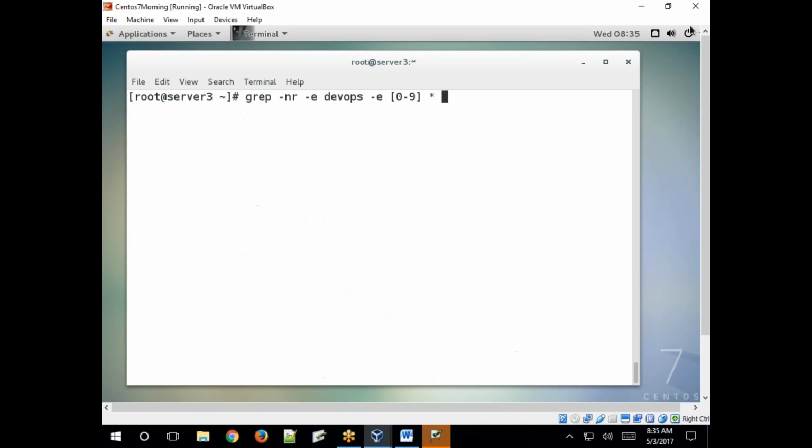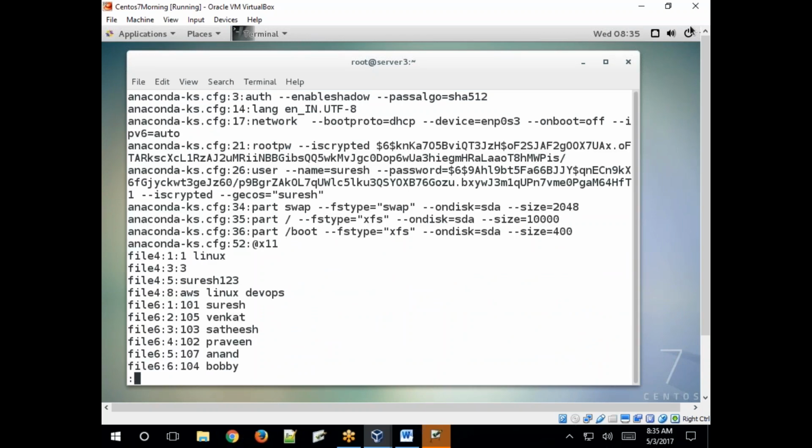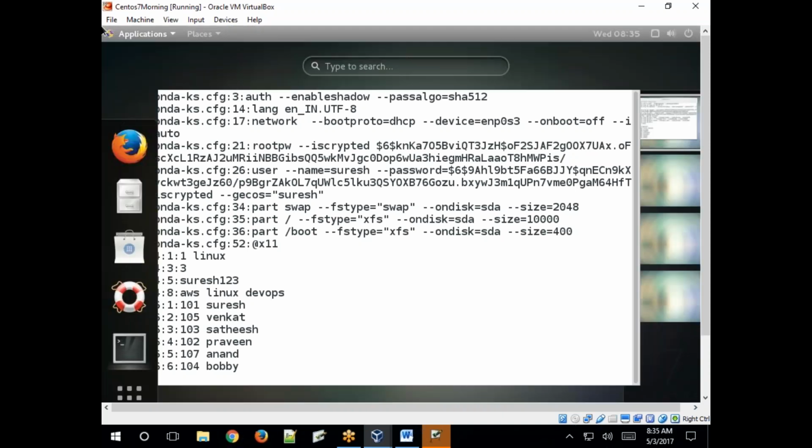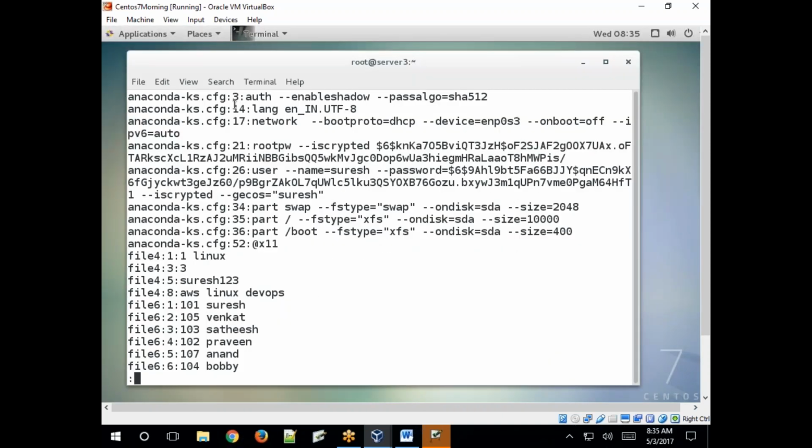So have more command, right, to read that output from the first line to the end of the document. Let's see. In the first line, first file, Anaconda. Third line, because 512 is there, it matches 0 to 9. And the 14th line, here 8 is there. 17th line, here 3 is there, right? Here also 6 is there, a digit, okay? It written all the digits it contains, right? Like this.